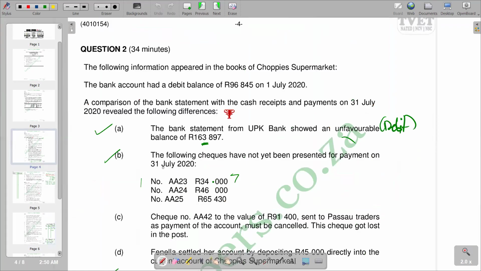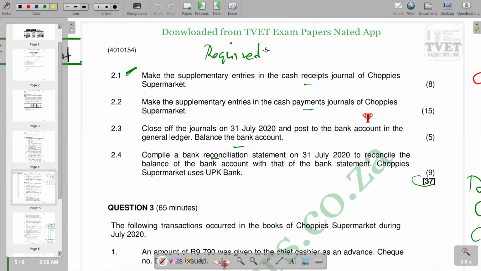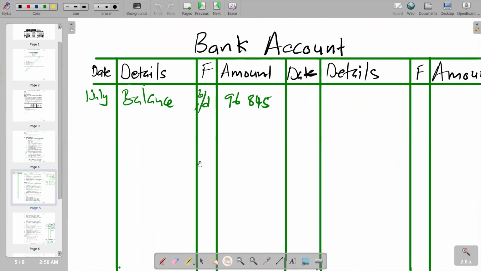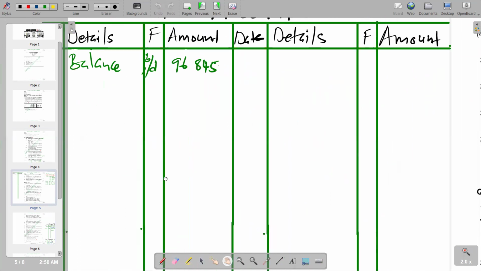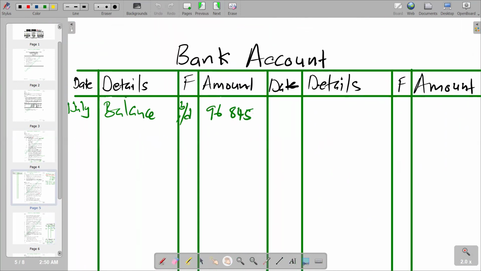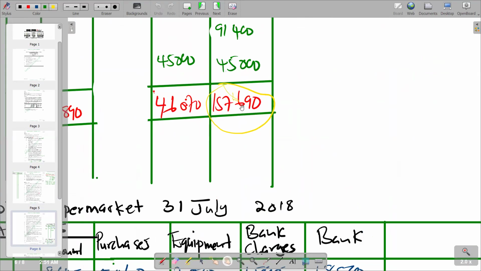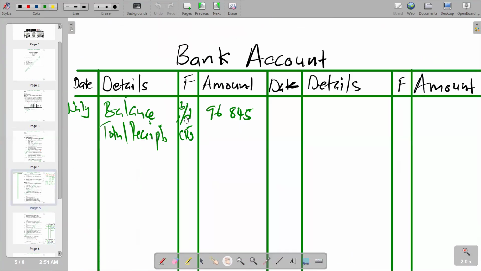So we come here in our bank account, we check it. This is our bank account. This is our debit side. And we're saying in the debit side should come the total of the cash receipts journal. So we are saying total receipts. And then in the folio, you represent cash receipts journal. And remember the total that we got there under the cash receipts journal is this one, 156,690. So this is the total that is going to come here,